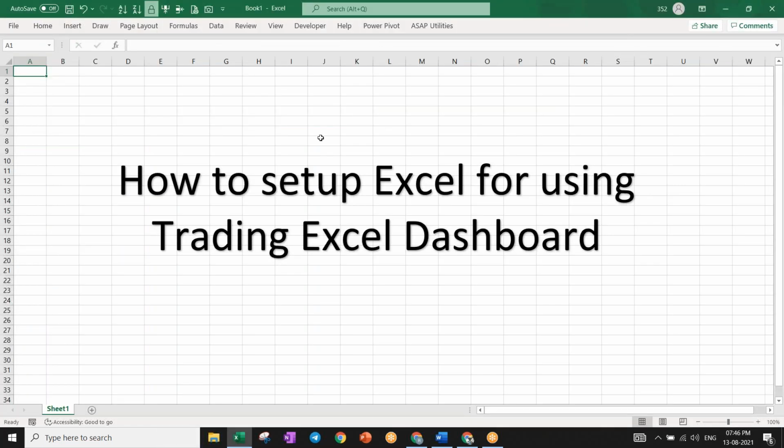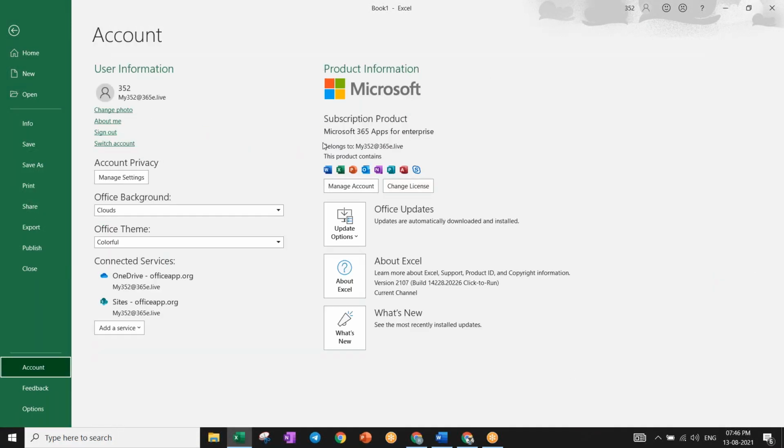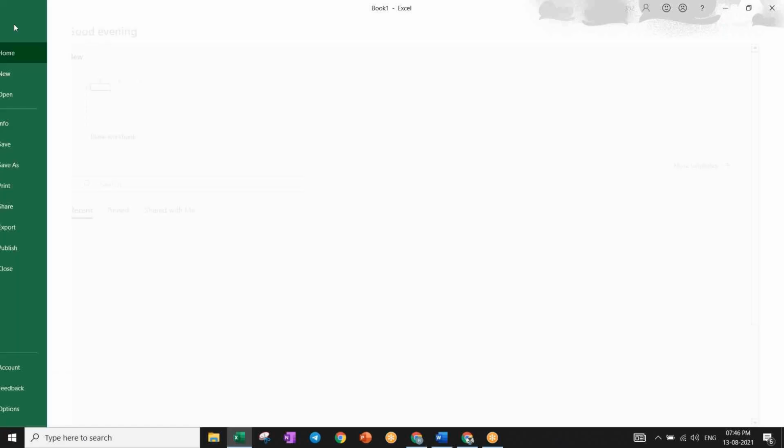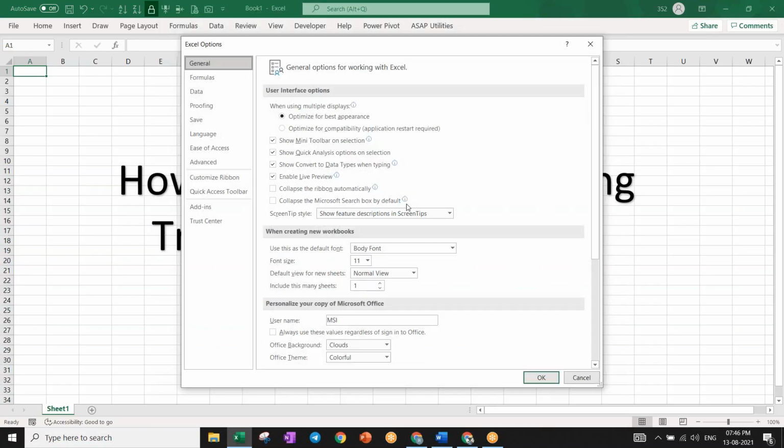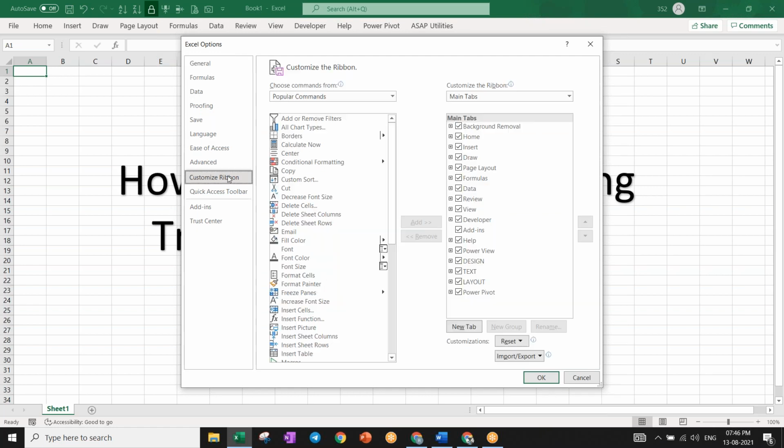After installing, your Office is open. Now go to file, again go and see account. You should be able to see Microsoft 365 and the email address, everything that will be there. Now once you have finished your installation, go to options. Again go to file, click options. Once you go to the options, go to customize ribbon. Here, Developer will be unchecked. Click this until okay.